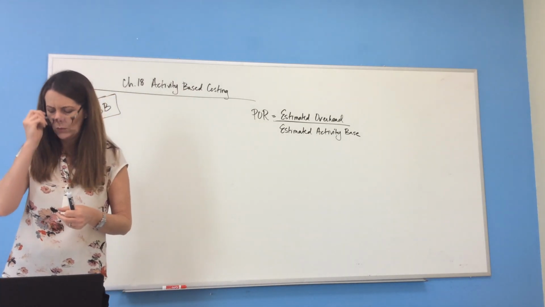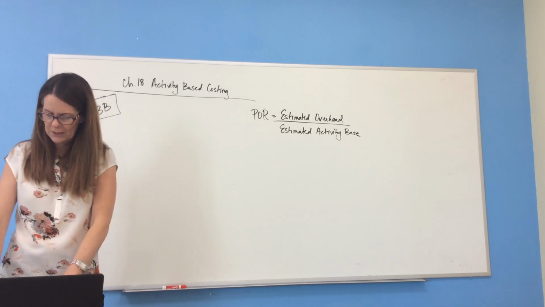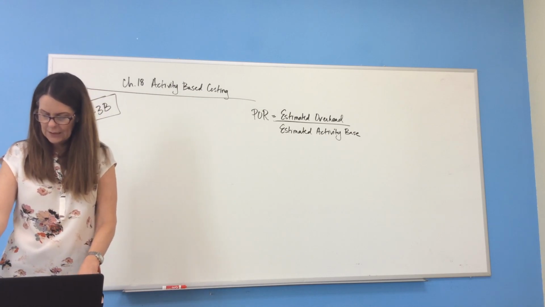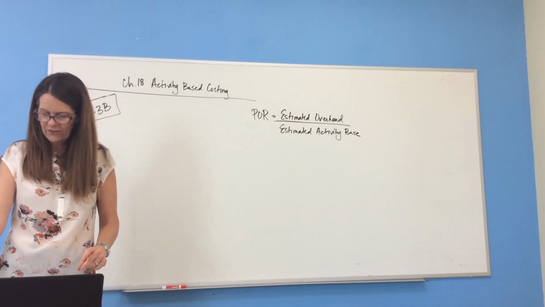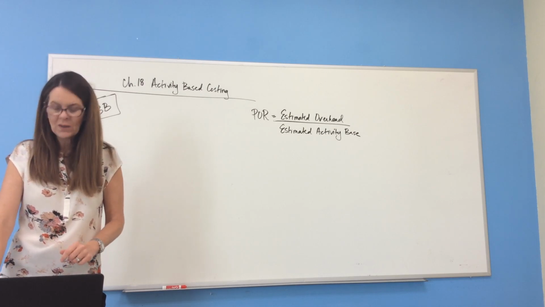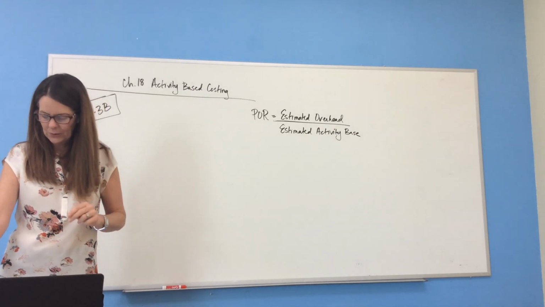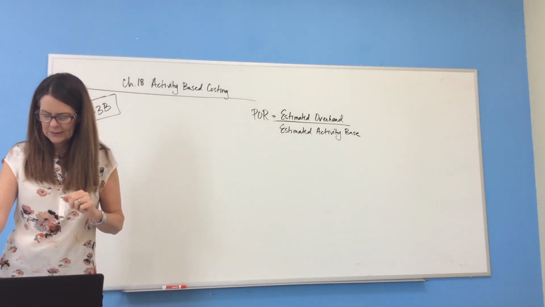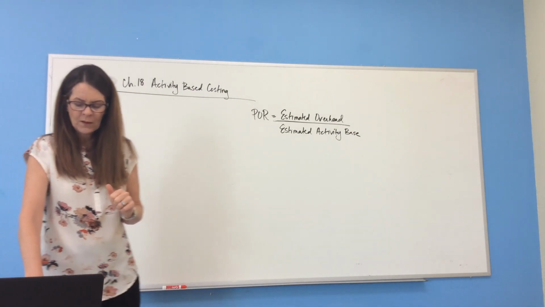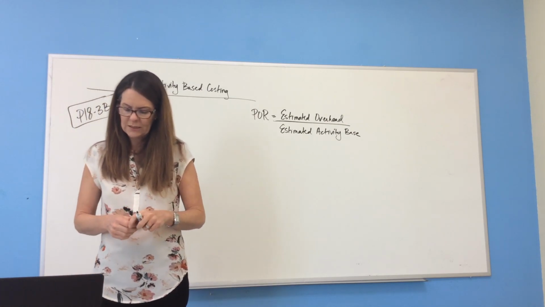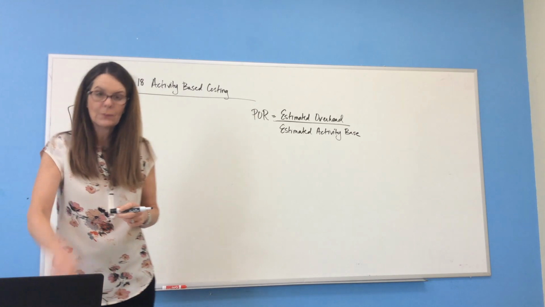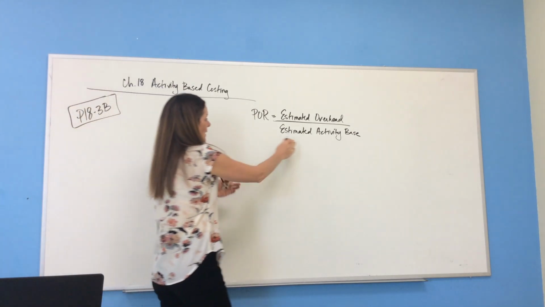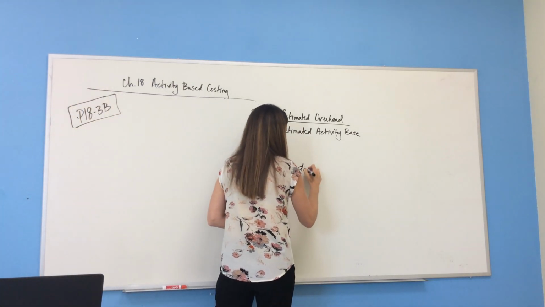I'm on page 941, problem 18-3B. Big Sound Inc. manufactures two products, receivers and loudspeakers. The factory overhead incurred is as follows, and it gives us amounts for indirect labor, sub-assembly department, final assembly department, and then a total. On the next page, 942, the activity base associated with the two production departments is direct labor hours. So it's telling you here that they're using direct labor hours